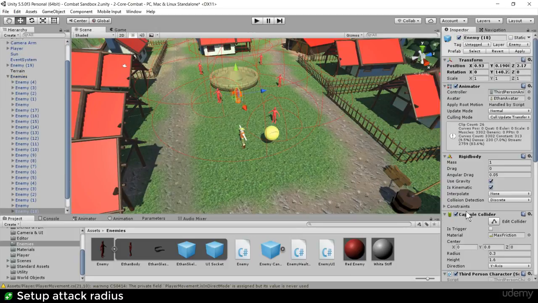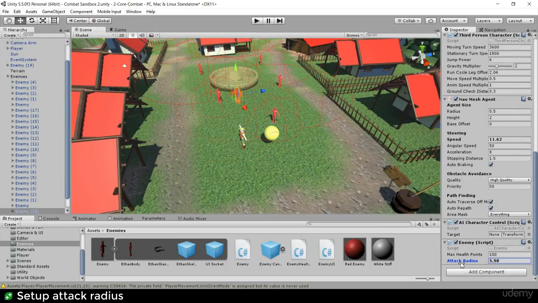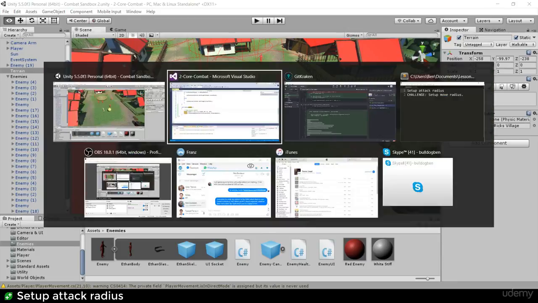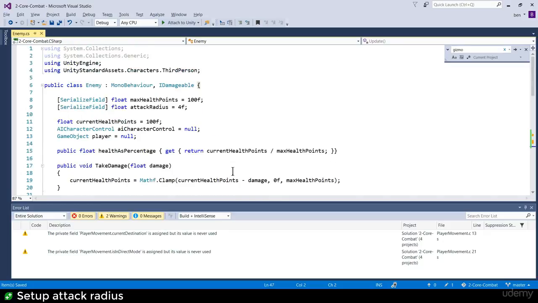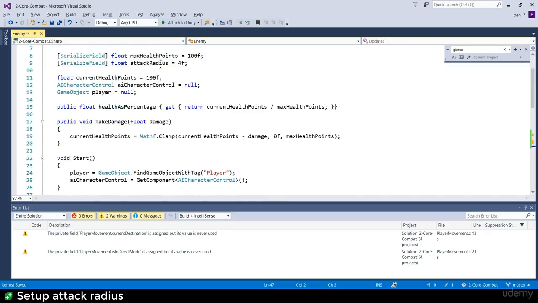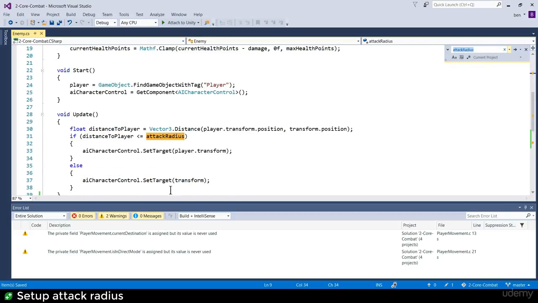And it's spherical, so if we were up or down a ramp or something like that, that would also work. So that's pretty cool. We've got a customizable attack radius based on work we've previously done. So what I want to do next is to actually make use of this attack radius, because if you search your code in this particular file, or just do a Control F here,